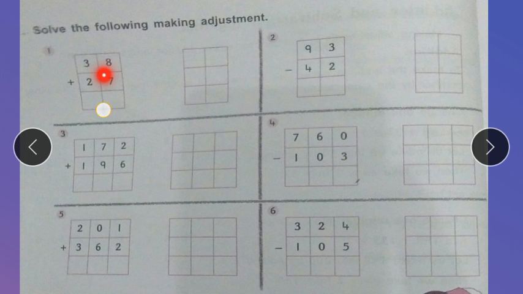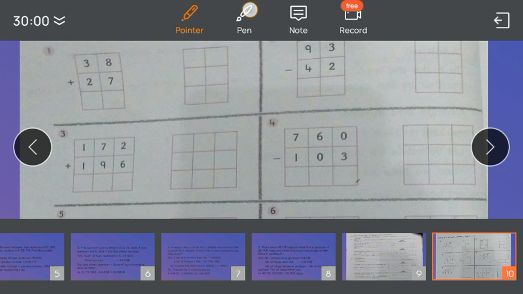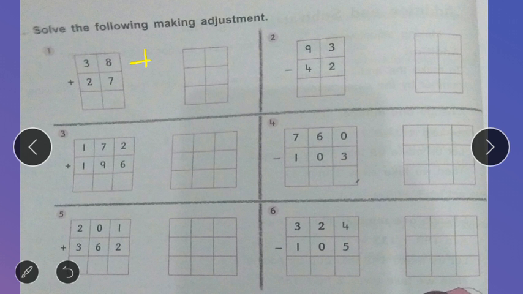So you have to find out 38, that is a 2-digit number. So what you have to do, if we add 2 to this 38, just I am telling you a hint how you can do, you will get 40. Okay, 40 is the answer. Now here 27 is there, so here we had added 38 plus 2. So at the bottom also you have to play with the 2, means you have to take 2 only. Then 27 minus 2. Then what will you get? 7 minus 2, 5. Here you will get 25.